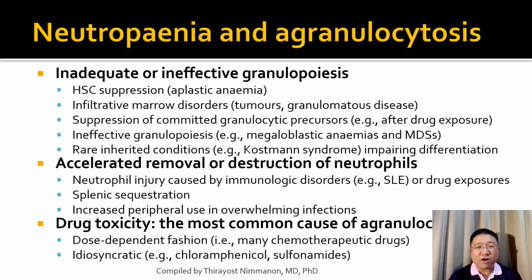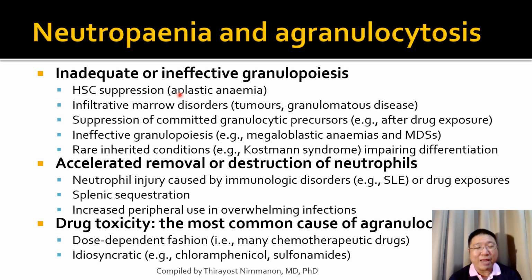The causes of neutropenia include inadequate or ineffective granulopoiesis, accelerated removal or destruction of neutrophils, and also drug toxicity, which is the most common cause of agranulocytosis. For inadequate or ineffective granulopoiesis, the causes include bone marrow suppression, hematopoietic stem cell suppression,